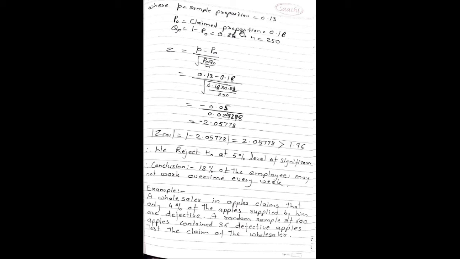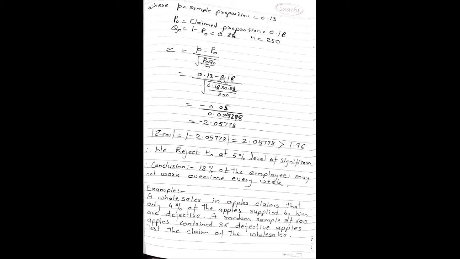P0 is the claimed proportion, which is given as 18%, so 0.18. Q0 is nothing but 1 minus P0, so that can be calculated as 0.82, where sample size N is 250. So Z is equal to P minus P0 upon square root of P0 Q0 upon N, which is equal to